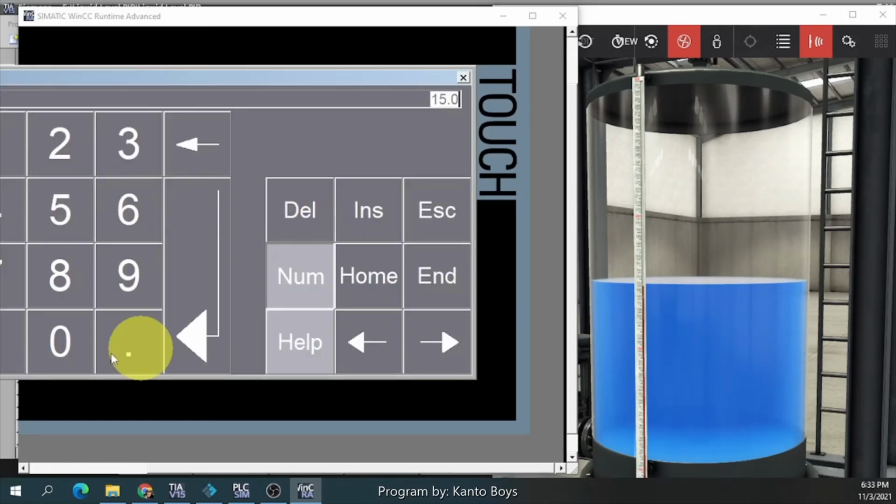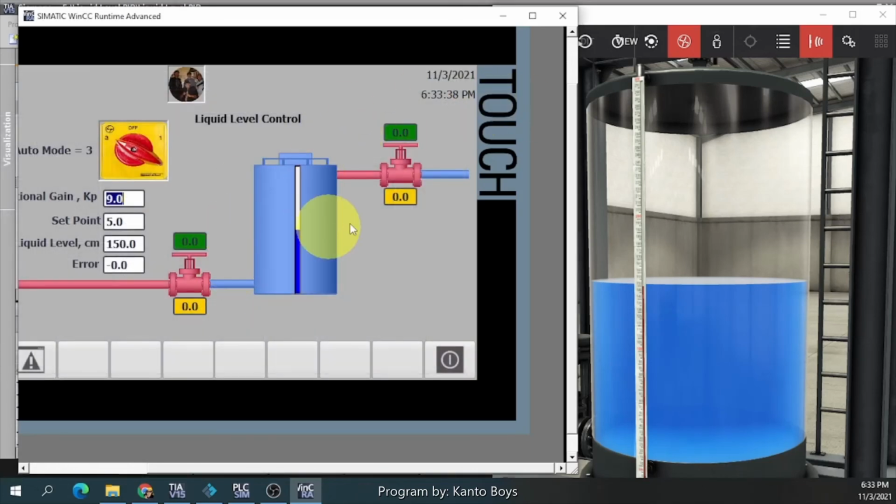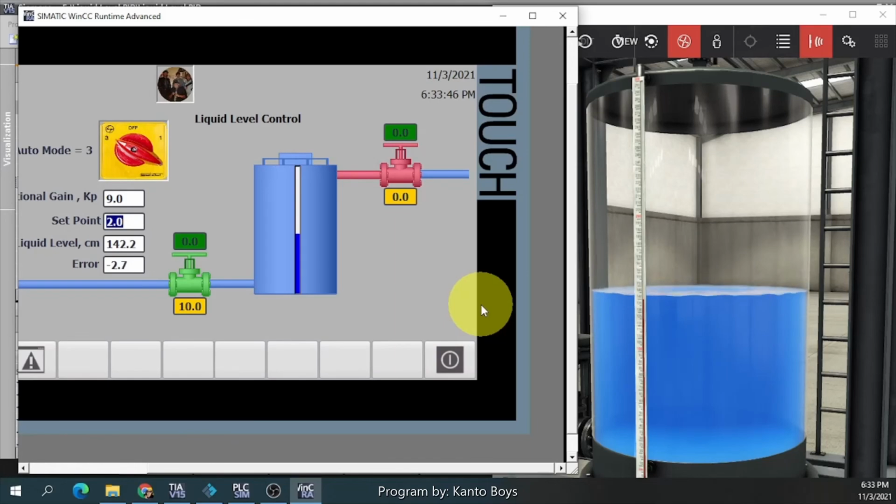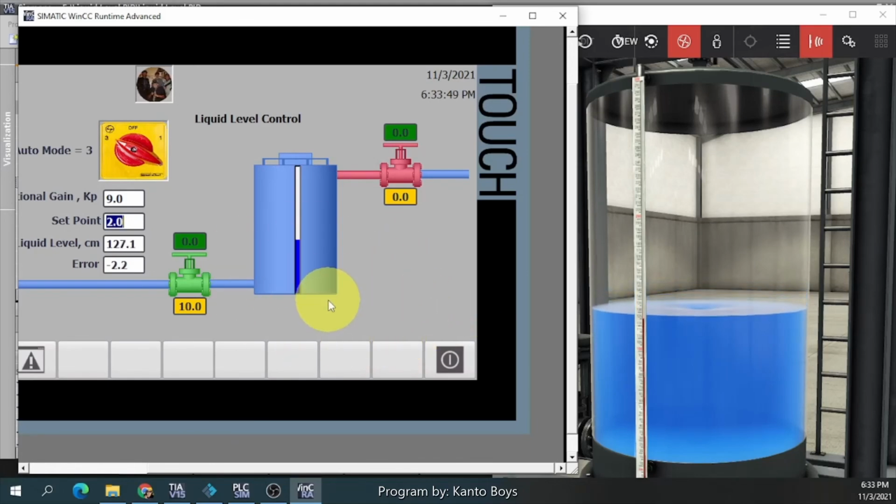Okay, so you can change the KP, like say 10 or 9. And then you can again drain this, or drain that to 2, or you can stop.